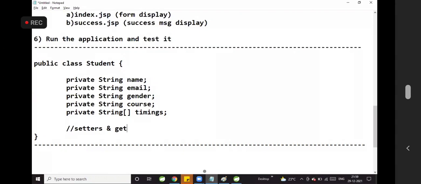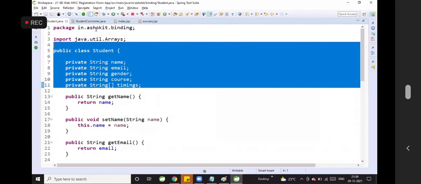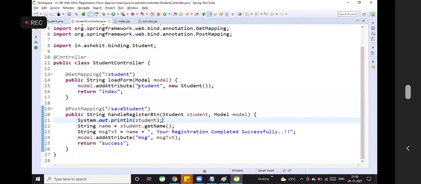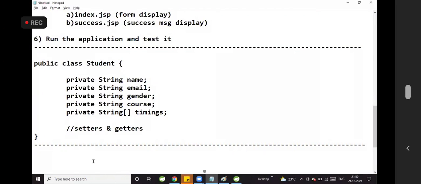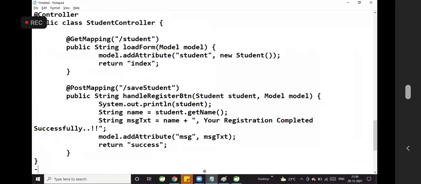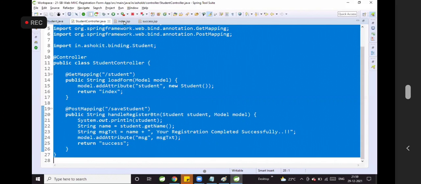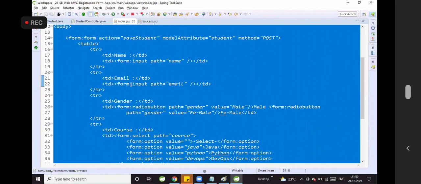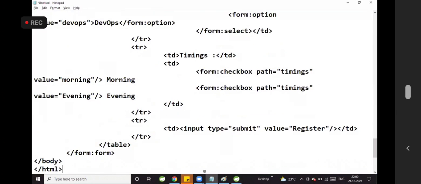Setters and getters for these variables. And I'm taking student controller class. And we are having index.jsp page where we are developing the form.